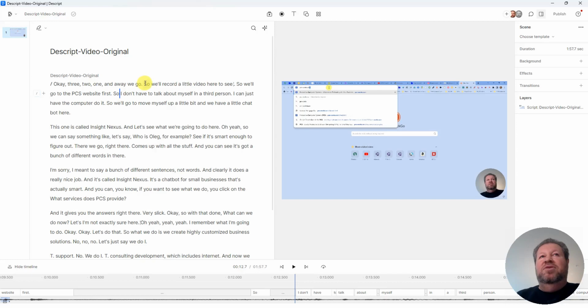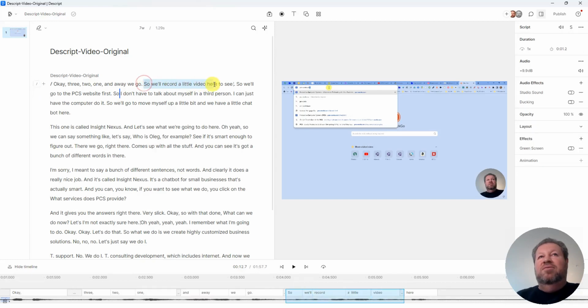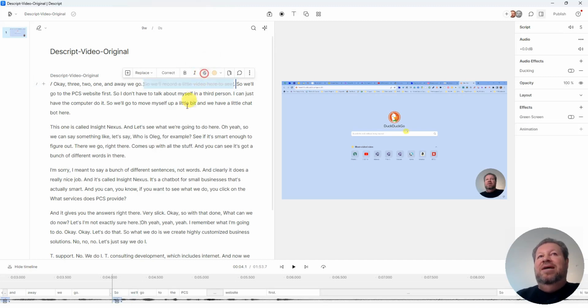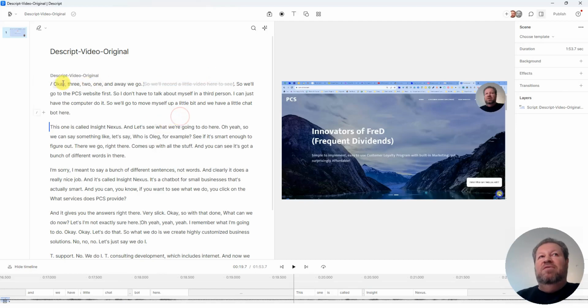Obviously, sounds weird. So I think I'm going to pull out this record a little video here. I'm going to pull out this whole sentence, but I'm not going to delete it. I'm just going to have it highlighted. And then there's an option here at the top called ignore, which is like a strike through. And what that does, it does essentially the same thing. If I play the video back,